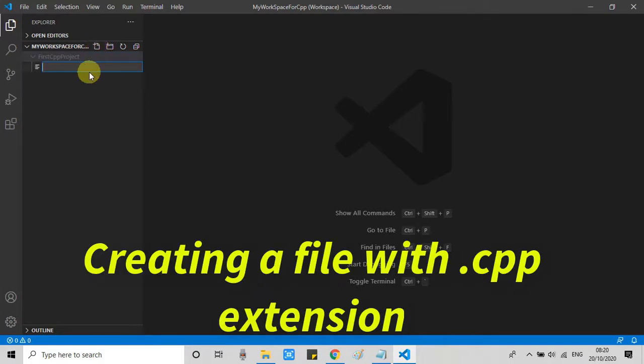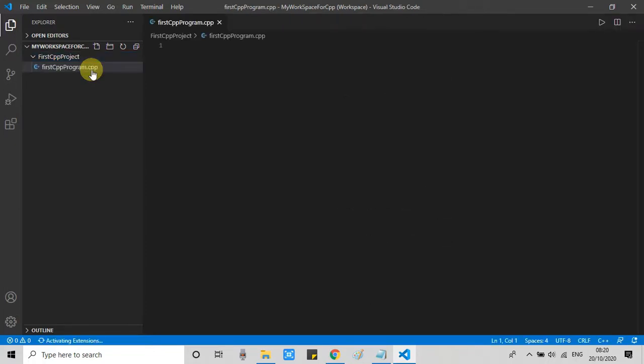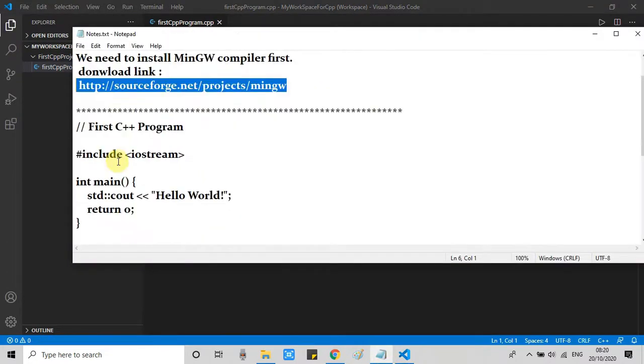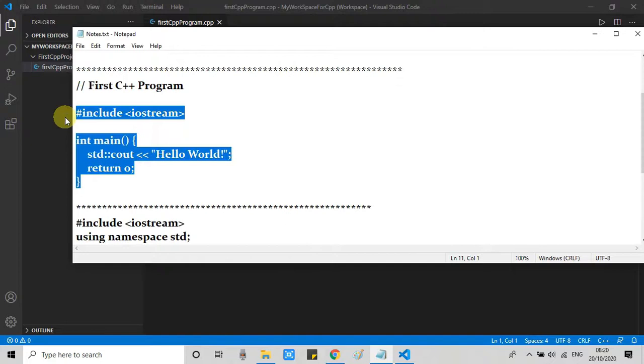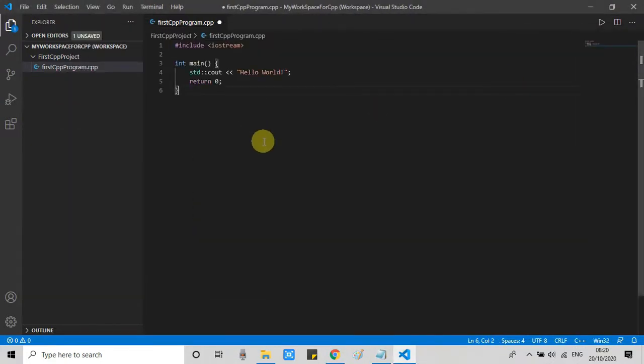Okay, now we have to create the file. Click on this file icon, and just type a name of your choice. So I'm going to create a C++ program. If C++ works, then your C program will also work. Right here we don't have any program, so I have to write some C++ syntax to test it. Here we go. Simple hello world kind of thing, or you can print anything. So I will make a small change in this program.